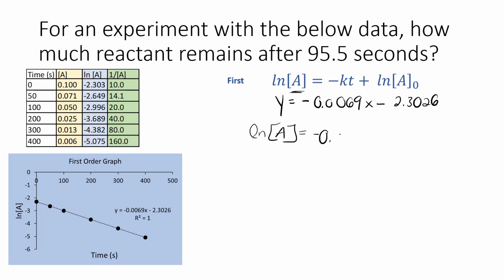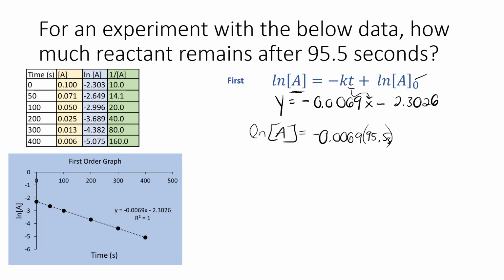That equals negative 0.0069. What was my x again? X stands for my t. So I need to plug in what point in time I'm trying to solve for: 95.5, and then that's an s for seconds. Minus